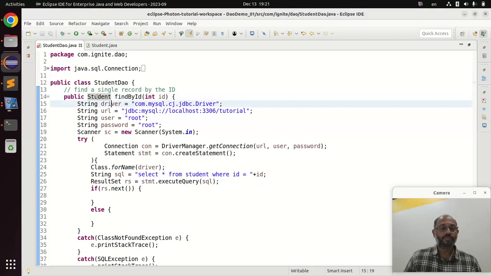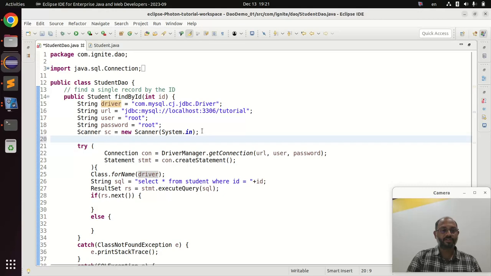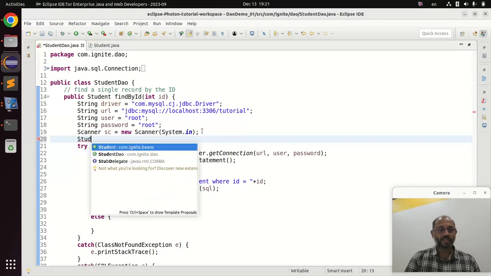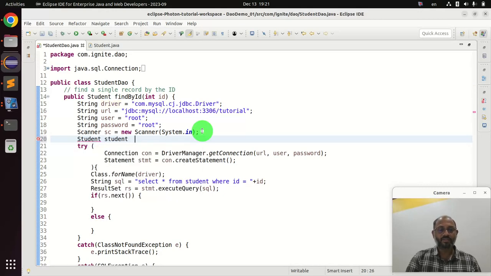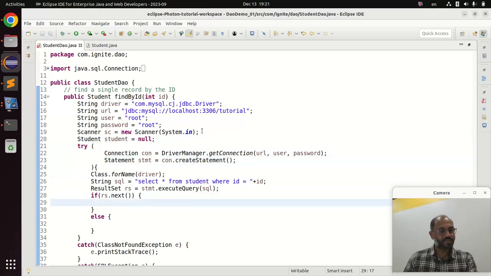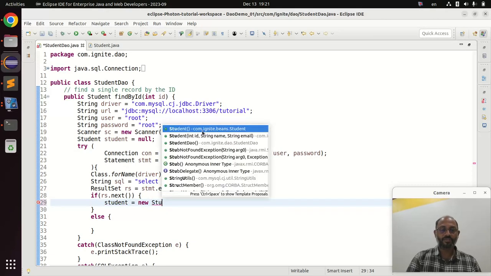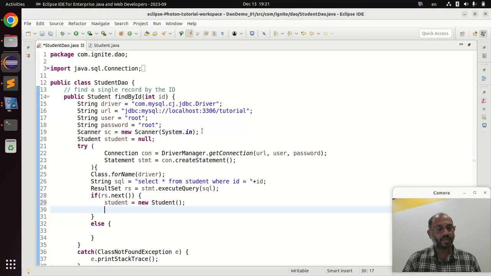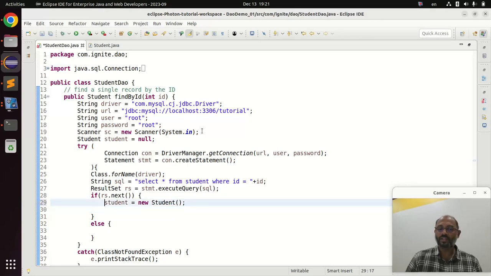Okay, so now let us create a student class reference variable, student, and by default let us make it null. When the result set can go to the next record, what to do? This student reference variable equals new Student, the no-arg constructor you call, and before calling the constructor